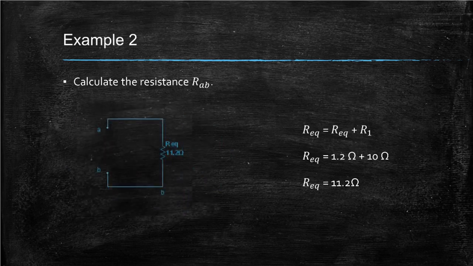Here's the equivalent resistance. Also, the equivalent resistance will keep on updating till it cannot update anymore, like we have